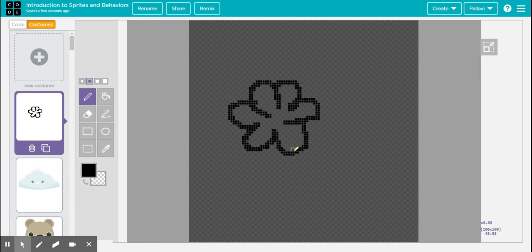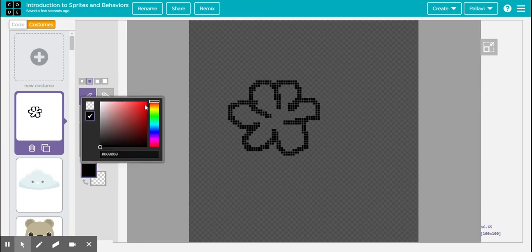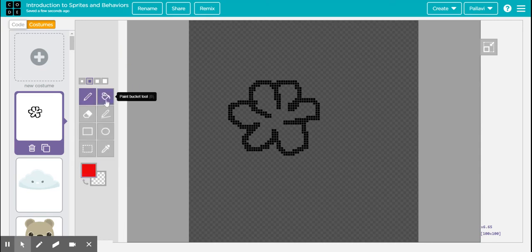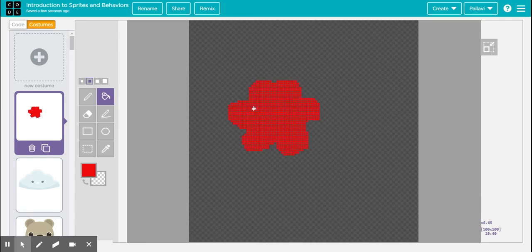There you go. Now a flower can't be black. I mean, it wouldn't look nice. I want a red flower. So here you can go and pick the color, which is red. And then you click outside and fill the bucket with red color. Now the border is also coming to be black. So you could either choose the red color in the beginning and draw using the same pen tool, or you can change this border color by using a bucket of red color. So that's how you can also fill the border with red.